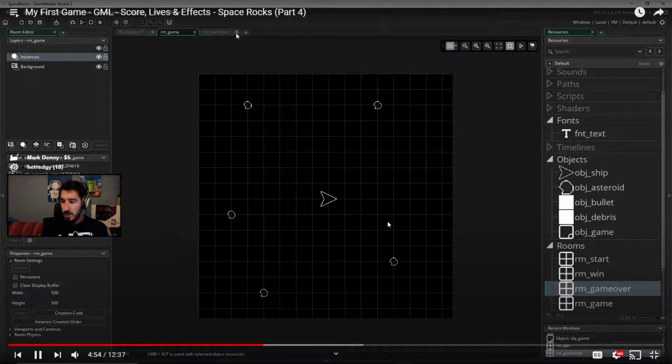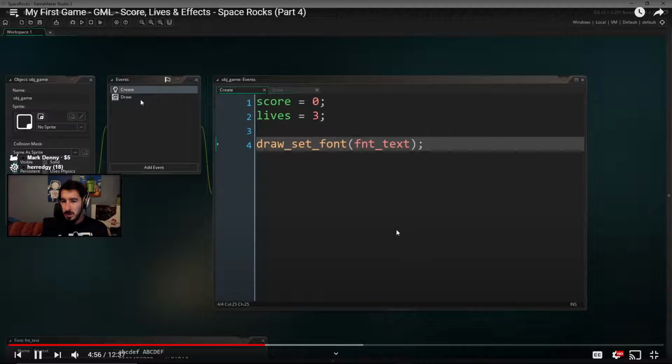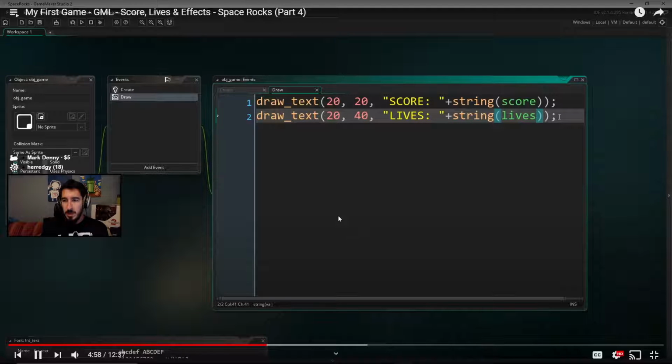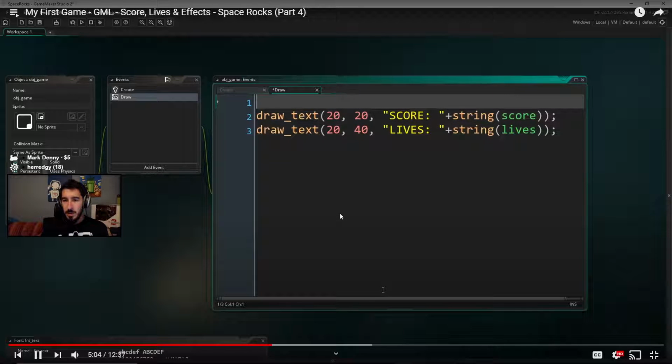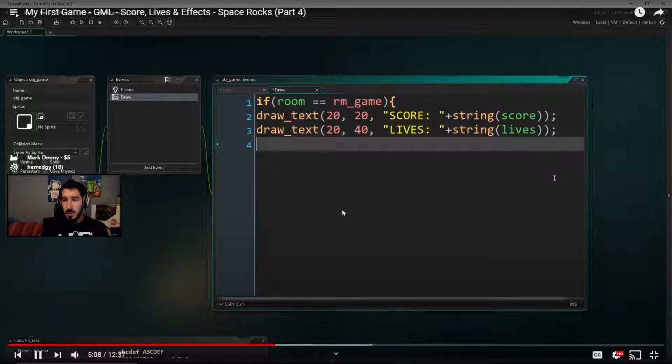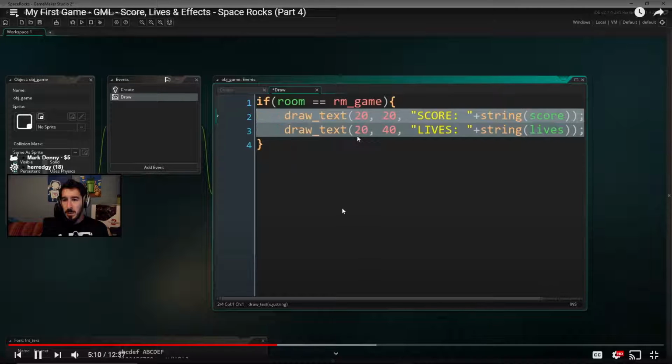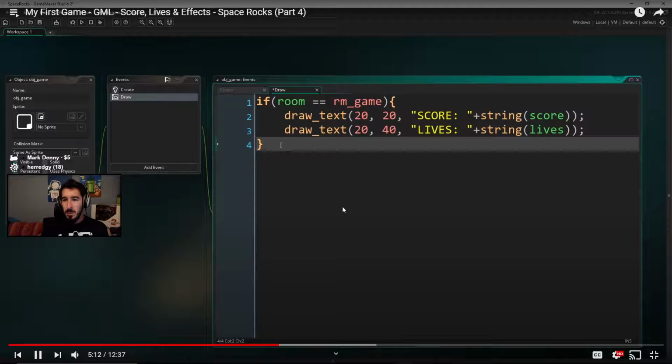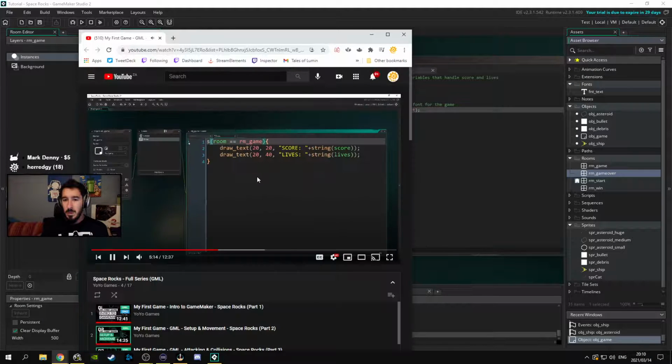The game object needs to be drawing different things. So I only want it to draw this stuff when we're in the game room, but if it's in the other rooms, I want it to draw different text. So I could just do if the room that we're in is equal to rmGame, and then I could do a bunch of other else if statements to check for the rest of them. But let's do something different this time. I'm actually going to use a